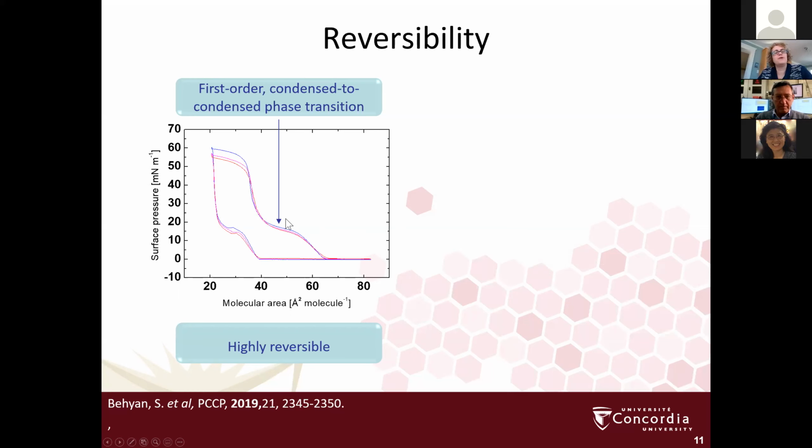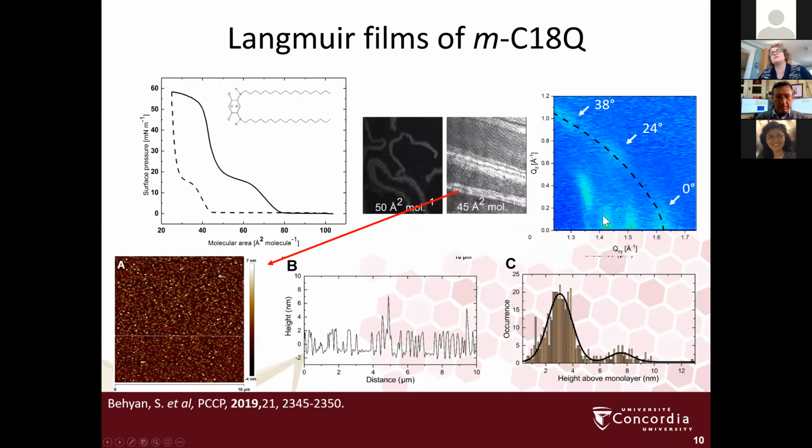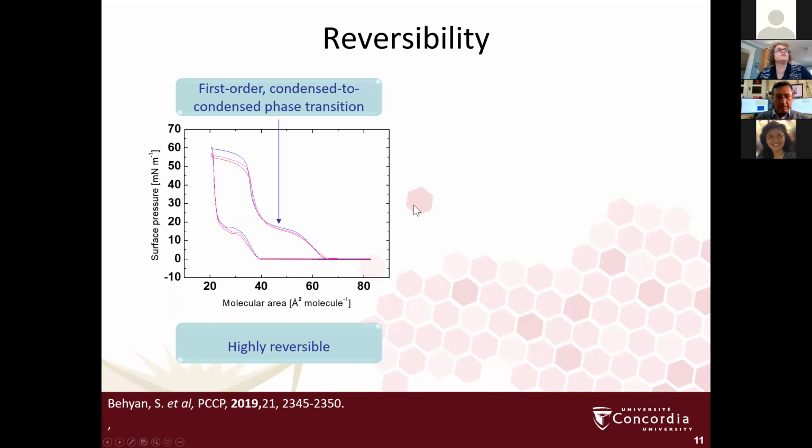And this plateau now, if we go back to the diffraction, appears to be correlated to this set of peaks, which is below the plateau, and this combination of peaks, which appears above the plateau, and then eventually this 3D ordering that appears. The plateau corresponds to a first order condensed to condensed phase transition, which is also confirmed, although I haven't shown it here, with the temperature studies, which show very little variation in the plateau position. So showing there's not a huge entropy change for this transition.